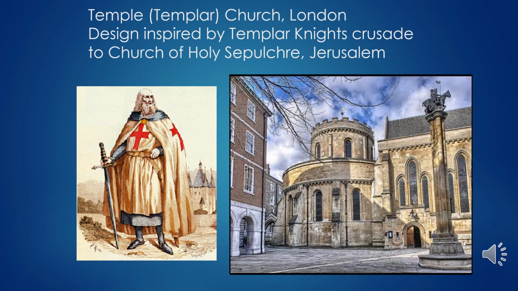One of the churches that was inspired by the Crusades is Temple Church in London. It was originally designed for the Knights Templar, who were some of the knights that had taken vows to protect pilgrims en route. So they had initiation ceremonies and they took vows of piety, chastity, poverty, and obedience. And these Templar Knights, again, are what gives the Temple Church its name. So that's named after Solomon's Temple. After Jerusalem had been captured in 1099, the Templar Knights were founded, and they are denoted with that red cross on their chest.